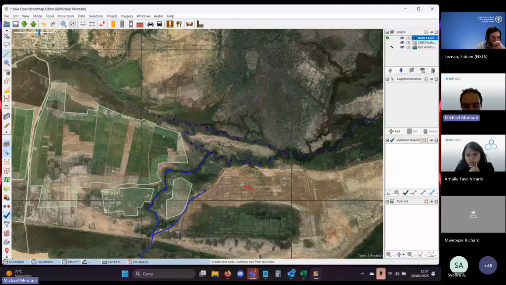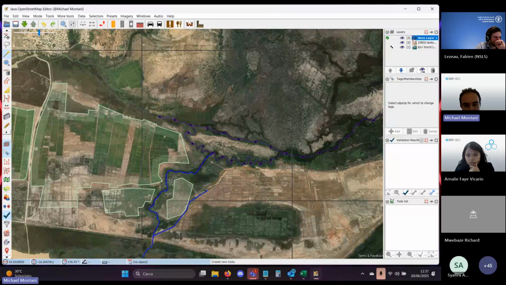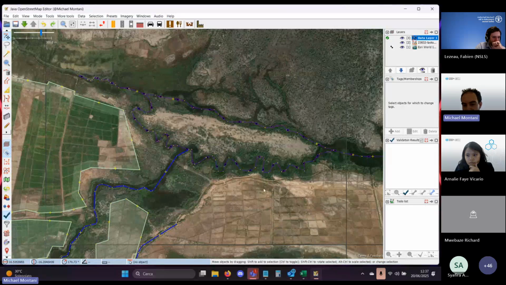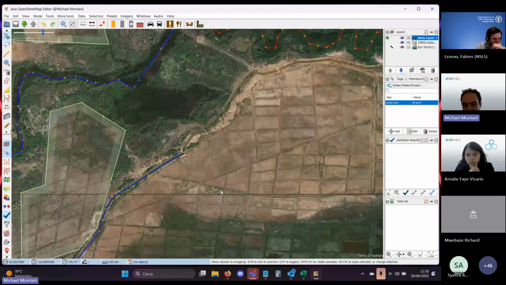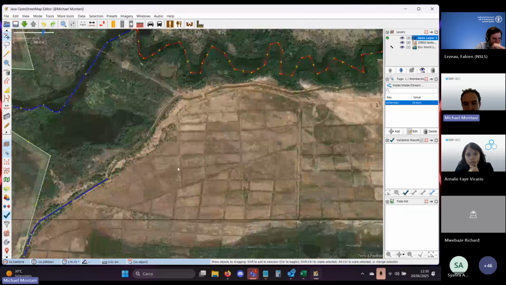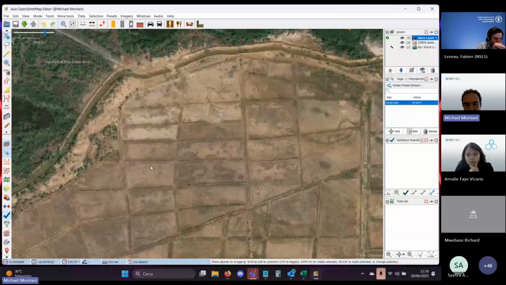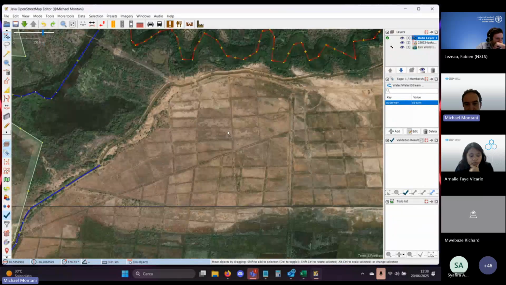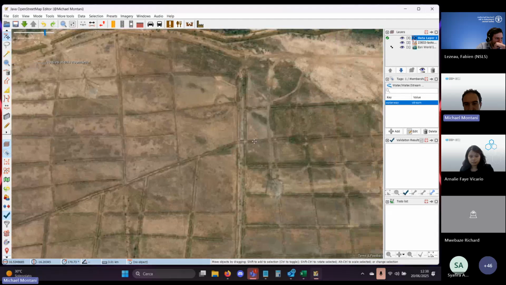The other feature that we are going to see today is drains. So it is the same as streams. Usually with drains, we are mapping canals that are much narrower. You can see, for example, in this case, there are many drains from each crop going towards the canal.